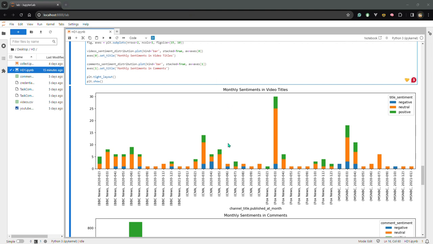In conclusion, my exploration of YouTube video data has revealed intriguing patterns in sentiments expressed through video titles and comments. This analysis serves as a valuable lens into the evolving landscape of audience reactions over time, shedding light on trends and preferences. Navigating challenges, particularly addressing missing values and outliers, has added a layer of complexity to our analytical process, emphasizing the importance of adaptability and resilience in the dynamic field of data science.